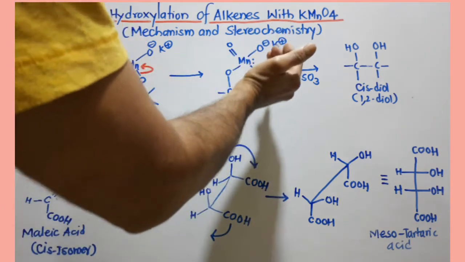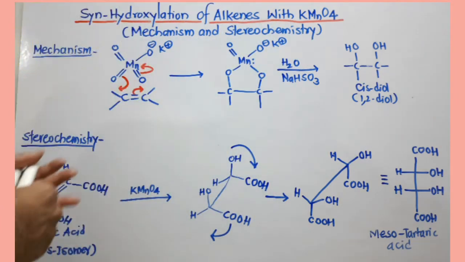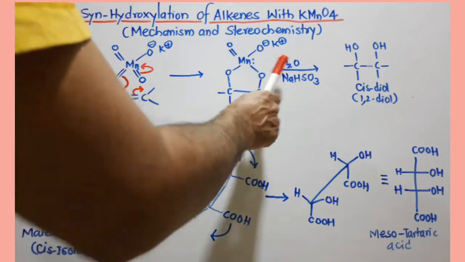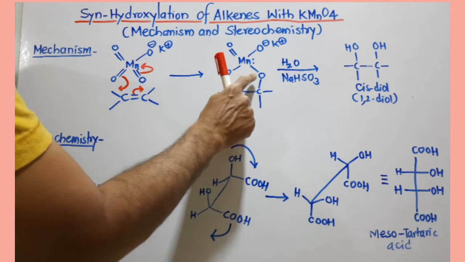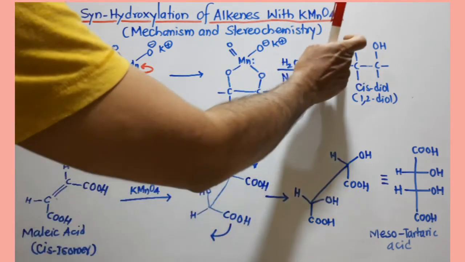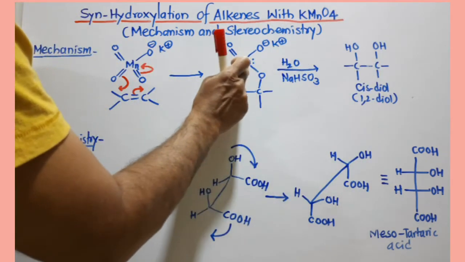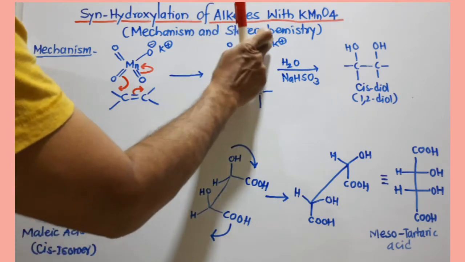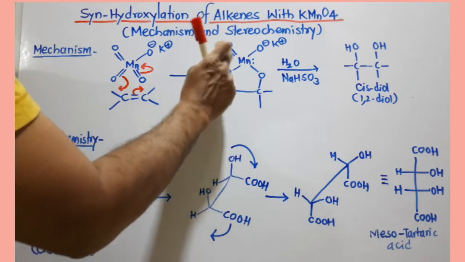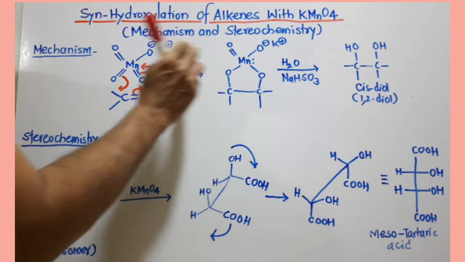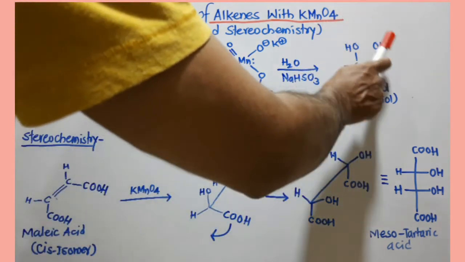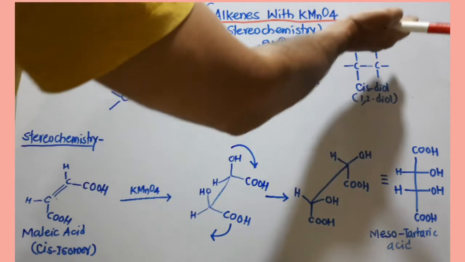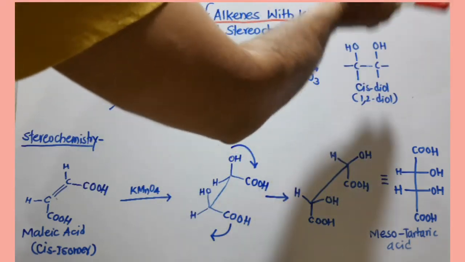Now after that, hydrolysis takes place. Hydrolysis means breaking with the help of water. In fact, H2O is used. Out of H2O, H joins here to give a hydroxyl group, and oxygen goes with the remaining portion, this upper portion of MnO2. We are not interested in the side product. So see here, this cis diol is formed. Cis means both similar groups are from the same side.